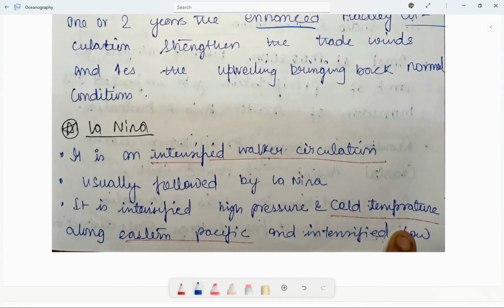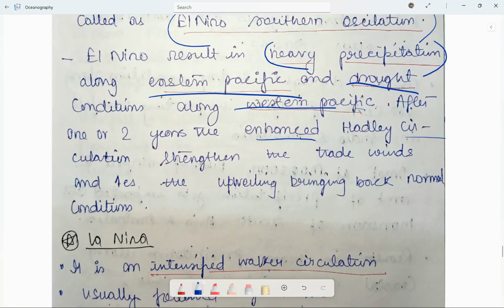बट ये बहुत ही इंटेंसिफाइड वॉकर हो गया। एक तो वॉकर सर्कुलेशन हुआ, फिर एल नीनो हो गया जहाँ पे रिवर्सल हो गया, वेस्टर्न जहाँ पानी था वहीं पे वो हीटअप होके ईस्टर्न में हीटअप होके इट कॉजेज प्रेसिपिटेशन, रेनफॉल, वेस्टर्न में बहुत ही ड्राउट वाला सिचुएशन हो जा रहा है।